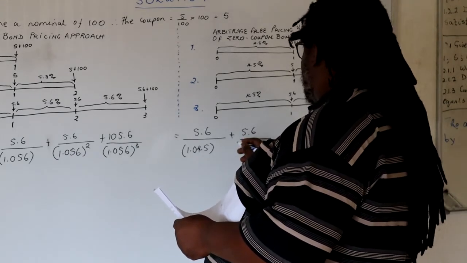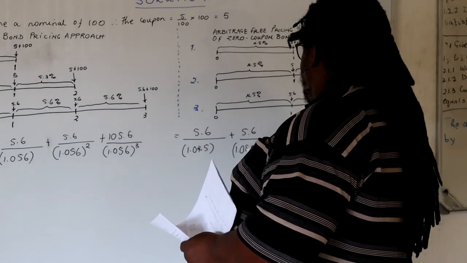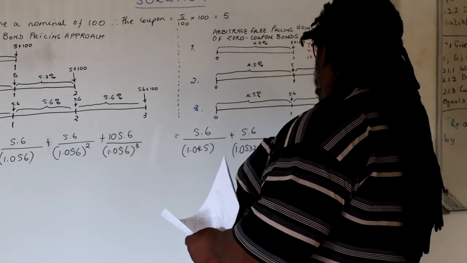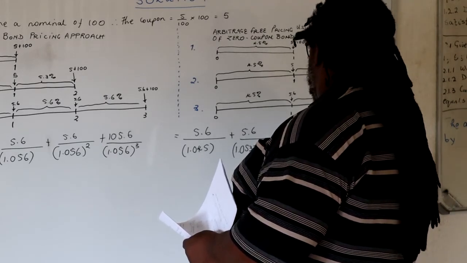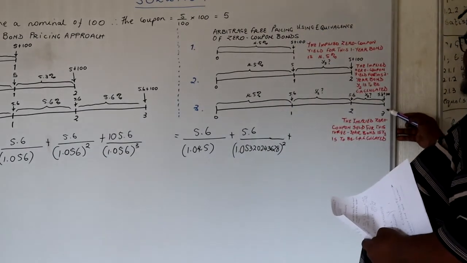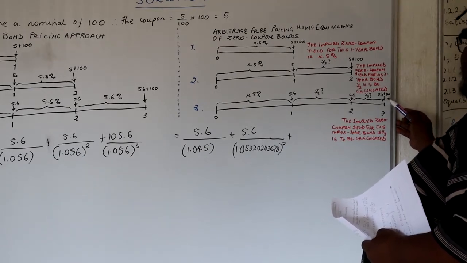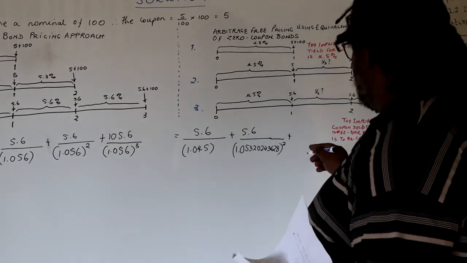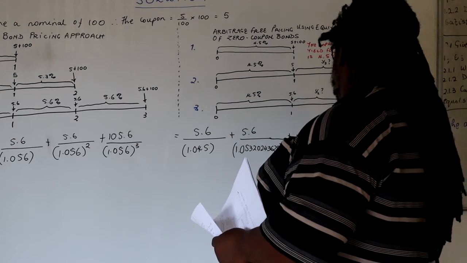and the 5.6 over 1.05322024368 squared, plus on the third period we get our coupon of 5.6 plus the 100 par value of the bond, and we discount it back 3 periods to the beginning, and this will be 105.6 over